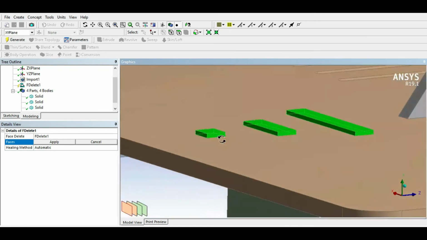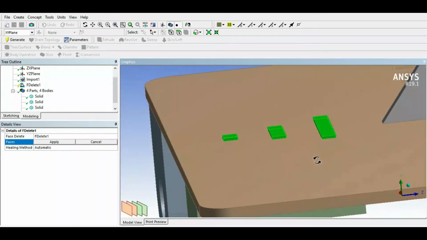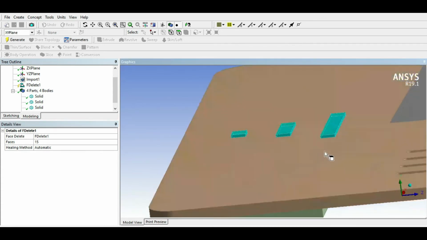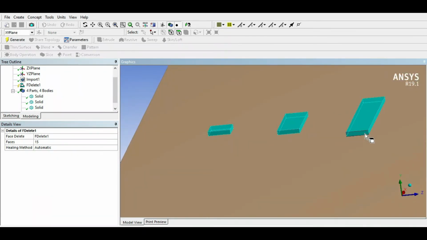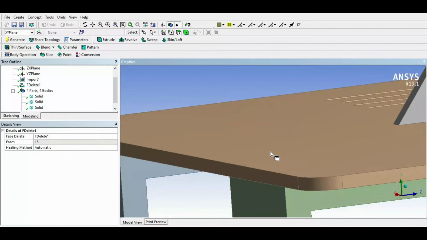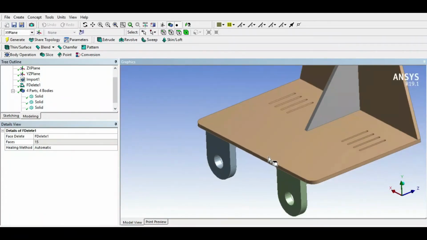So in this way we have selected all the surfaces that are visible to us, and here click on apply. So here you will find 15 faces that we have selected. Each extruded part has 5 faces, that means 3 into 5 is 15 faces we have selected. So click on generate. By using this face delete option, we have deleted this extruded part.